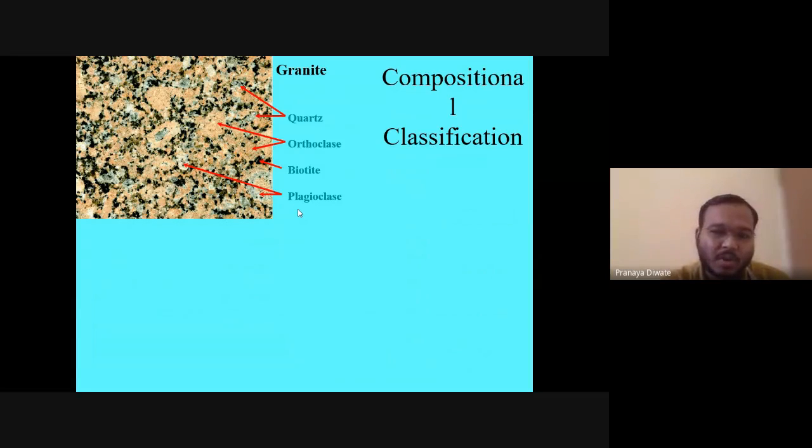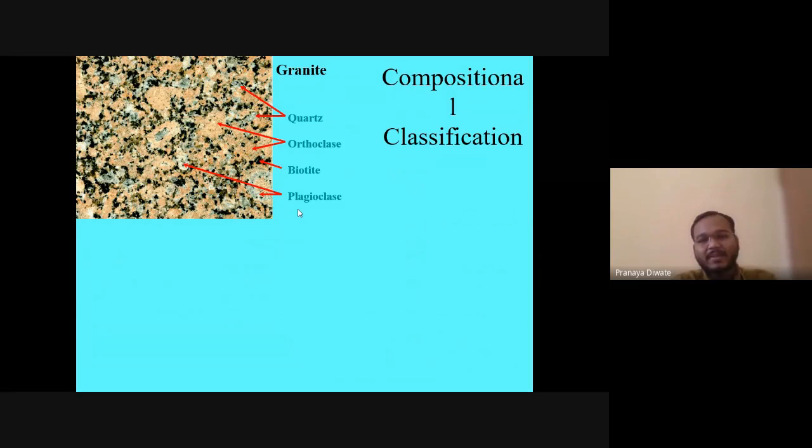So that is how sedimentary rock can be classified. But in case of igneous rock, it does not happen. In case of igneous rock, the classification criterion is the mineralogical composition, whatever minerals are present. Some minerals are very abundant in nature and are formed everywhere, like quartz, feldspar and plagioclase. So this is how you can classify igneous rock.